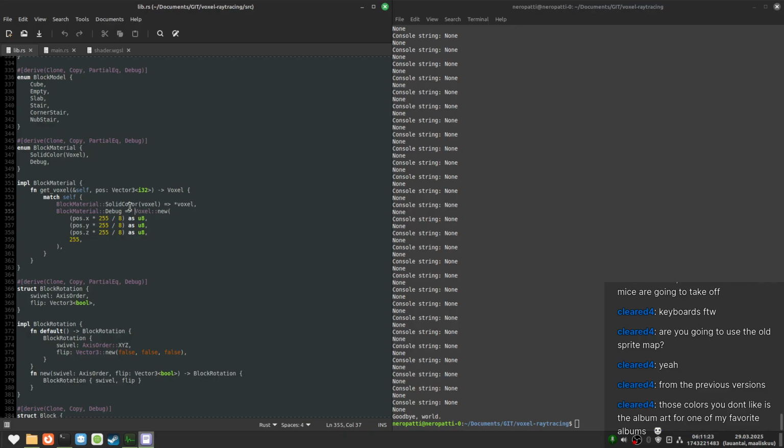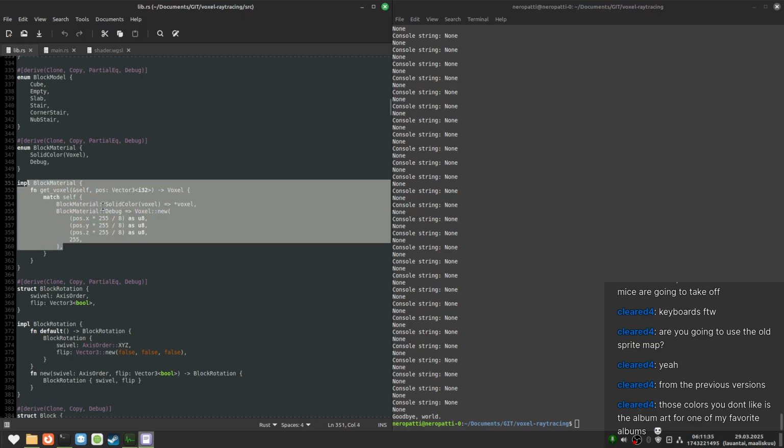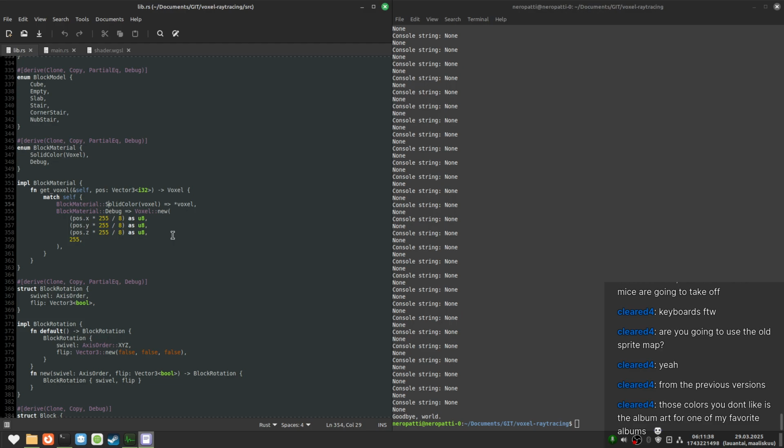And then whenever we place down a block and we're trying to get the surface voxels, then this math just gets run. For each individual voxel position within that block, we just decide the color with this function. And I could have a sprite that decides what color should be where. That is possible. I could also have just math, right? I could do anything. I could have math, I could have a sprite. It's all good.